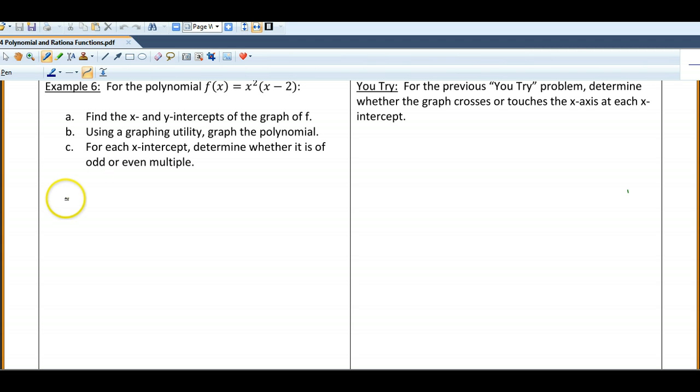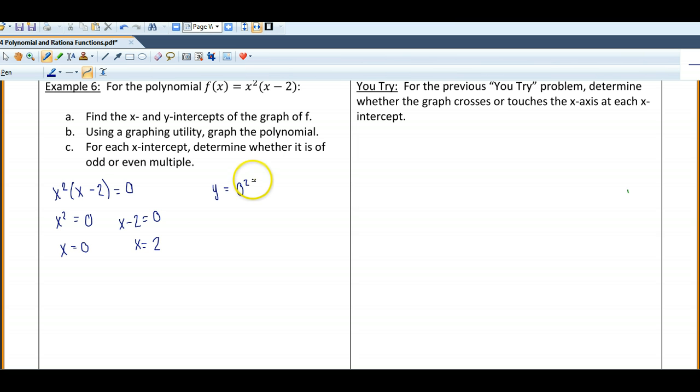Alright, there we go. Okay, x-intercepts. What I'm going to do is set the equation equal to 0 and solve for x. So in here, x squared equals 0, x minus 2 equals 0, so x equals 0 and x equals 2. Those are the x-intercepts. To solve for the y-intercept, I'm just going to plug in 0 for x. So y equals 0 squared